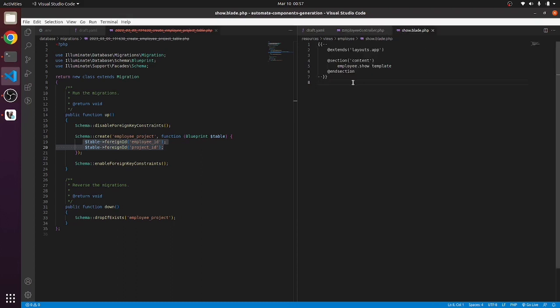So you can simply write employee where dump cancel,